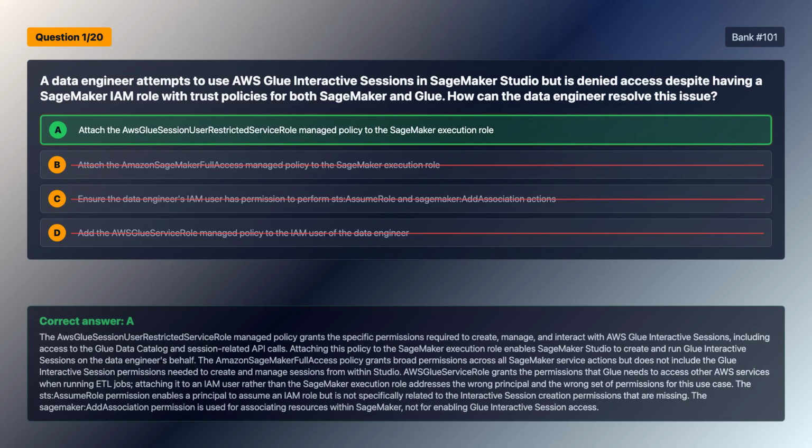The correct answer is option A. The AWS Glue Session User Restricted Service Role managed policy grants the specific permissions required to create, manage, and interact with AWS Glue interactive sessions, including access to the Glue data catalog and session-related API calls. Attaching this policy to the SageMaker execution role enables SageMaker Studio to create and run Glue interactive sessions on the